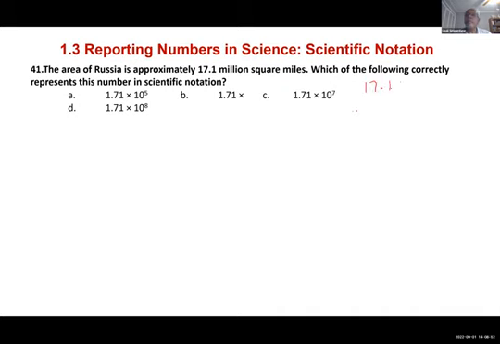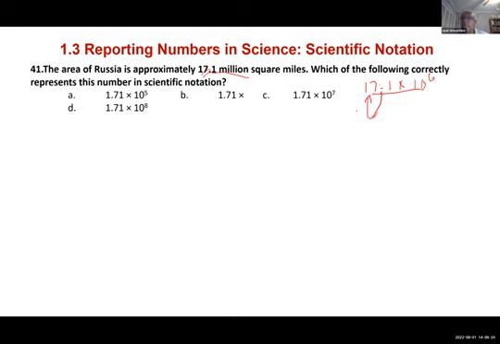17.1. Million, how many zeros does million have? 6 zeros. So this is this number. This number here is that number. Now, how do you write it in scientific notation? You have to move the decimal place to right here, from here to here, one place to the